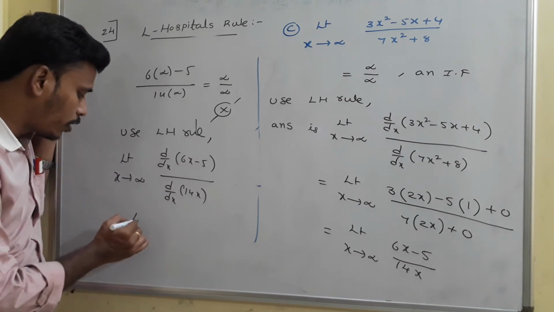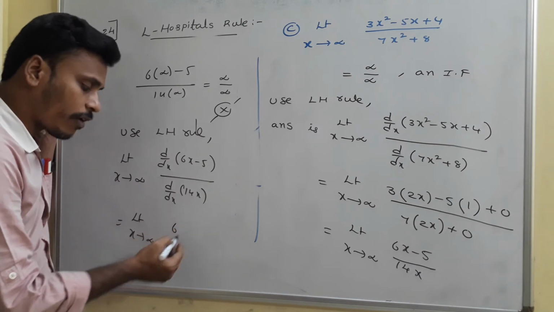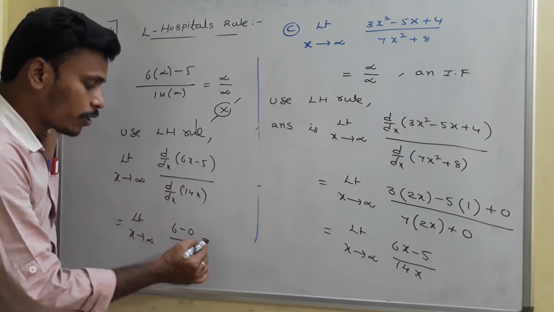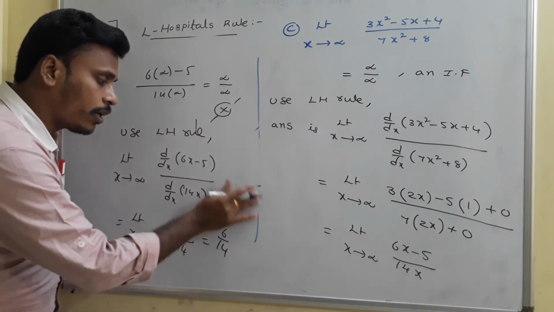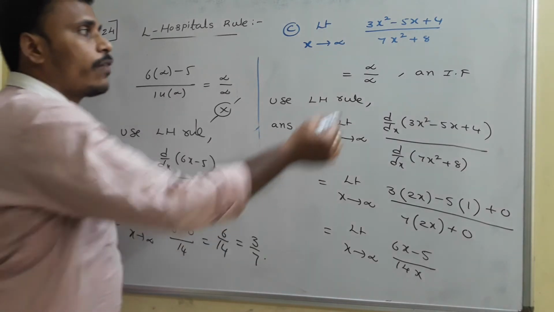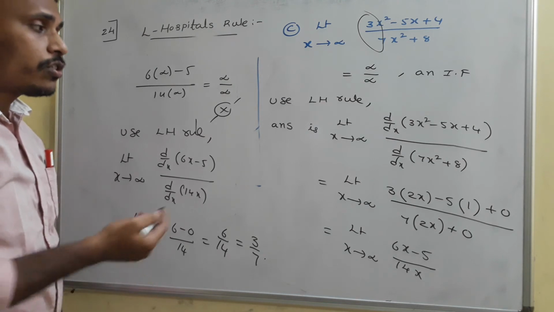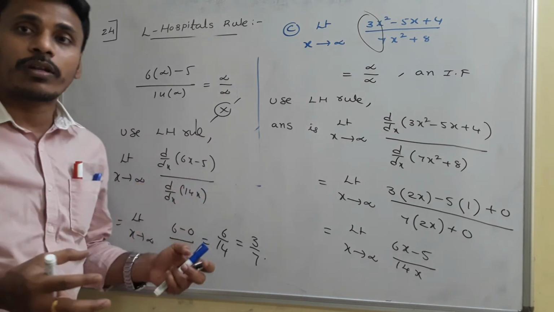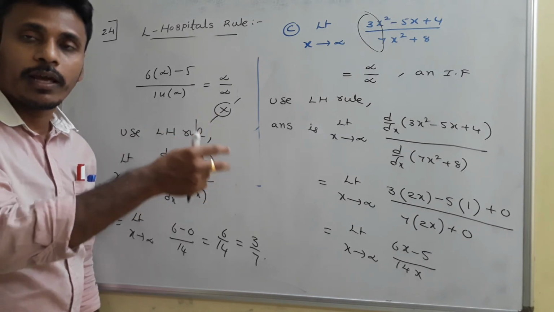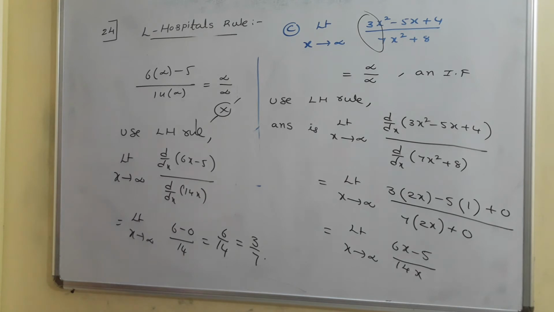And now this is equal to limit x tends to infinity. The derivative of 6x is 6 and for 5 it is 0, and in the denominator the derivative of 14x is 14. So directly we are getting 6 by 14, and on simplification this answer is just 3 by 7. So again we are getting the same answer, okay? The answer won't change but the process is different. Just to give you some awareness about L'Hospital's rule, I am explaining the known problems and the known formulae, but this time using L'Hospital's rule. Okay? Have a look.